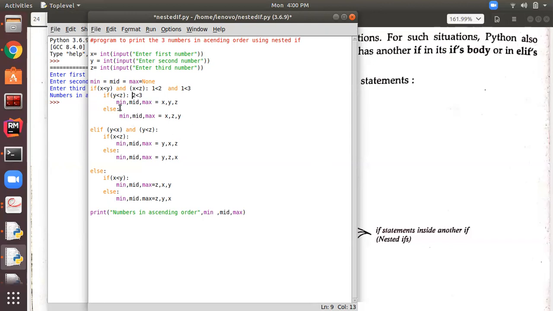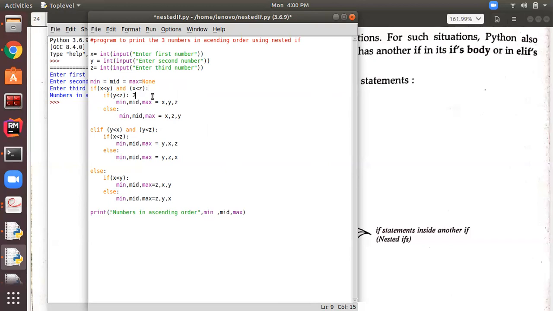It won't go to the else part of the statement as the conditions are true over here, and it will come out of the loop, skip the rest of the statements, and print the minimum, mid and maximum number. Okay, now let me execute the program with some other values.